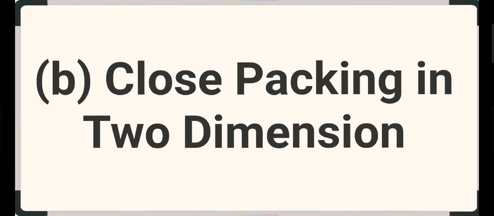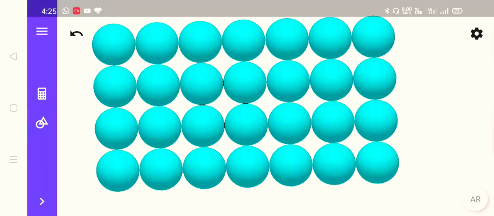So two dimensional close packing structure can be generated by stacking the rows of close packed spheres, and we have two different ways of doing it. Now first way is the second row may be placed in contact with the first one such that the spheres of second row are exactly above those of the first row. The spheres of these two rows are aligned horizontally as well as vertically.